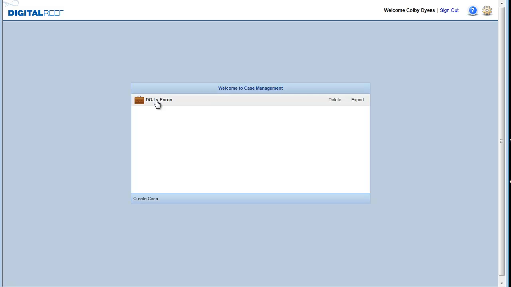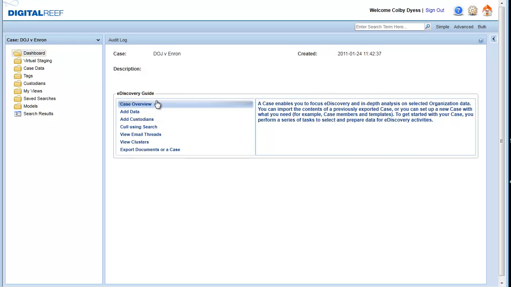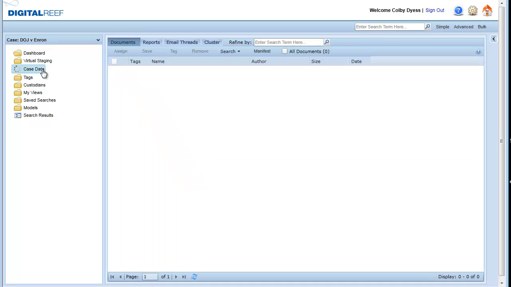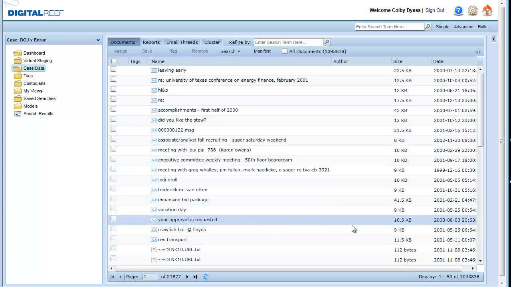Well, the litigation support team has just notified me that the data has been prepared for me. That means that it's all been imported, it's all been OCR'd, the system files have been identified, and the forensic images have been cracked open and its data indexed. So when I open up my case, I see pretty quickly that there's just a little over 1 million files